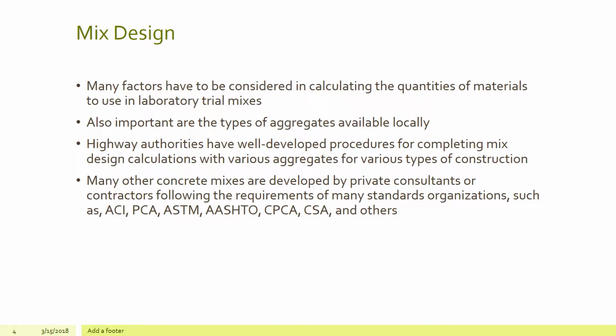Also important are the types of aggregate and the available locality of this. And again, we talked about this. Cost factors come into play. If we can get this aggregate locally, it's going to save us money. Of course, if we can't, then we have to bring it in. So we may do a mixed design based on the locality of the aggregate to see if we can get that strength we need. Highway authorities have well-developed procedures for completing mixed design calculations with various aggregates for, of course,